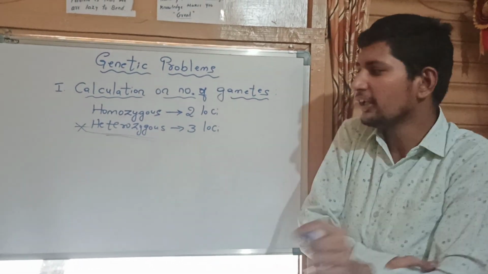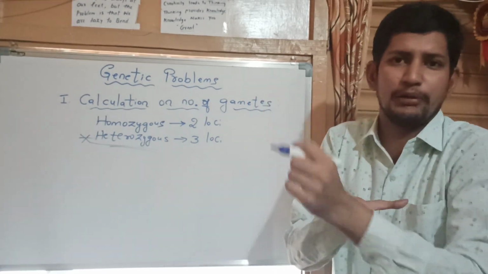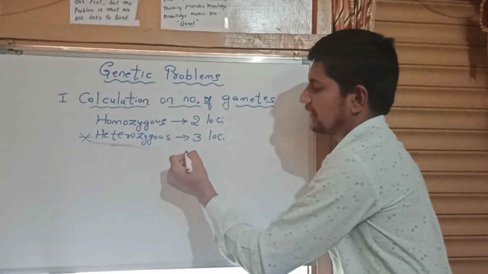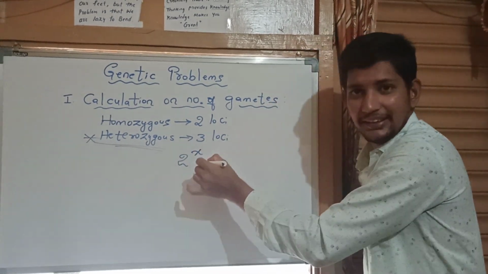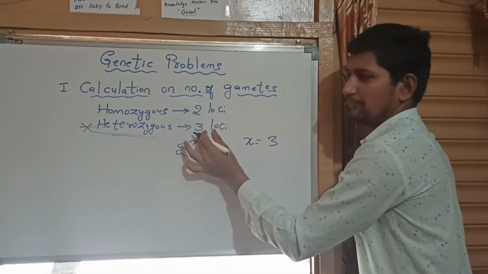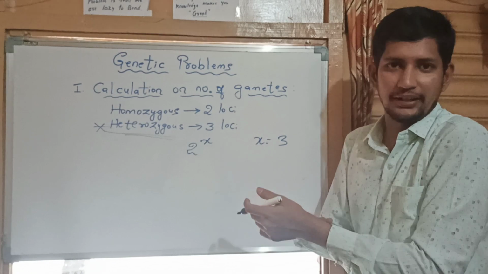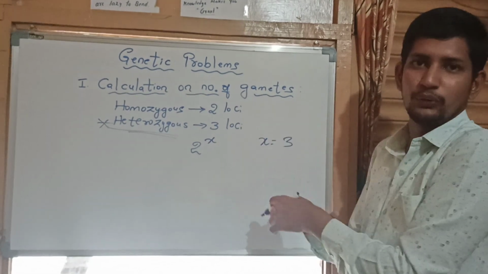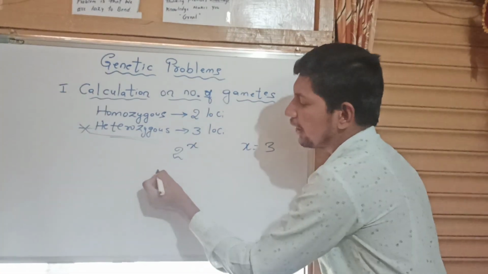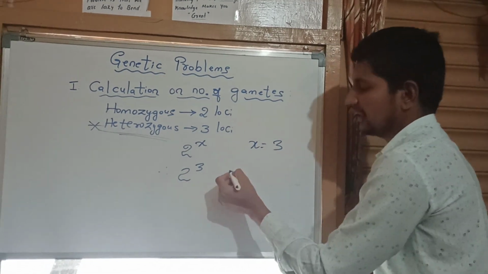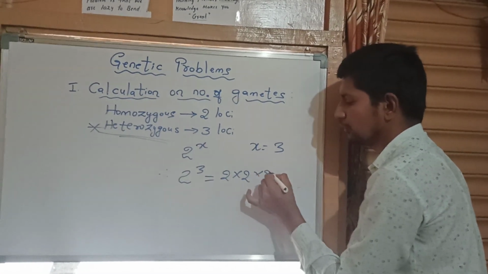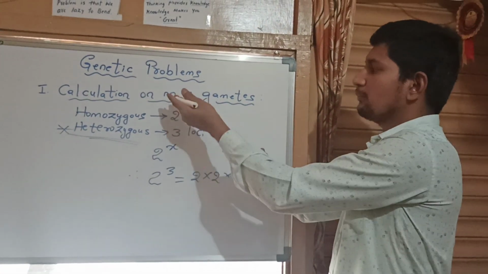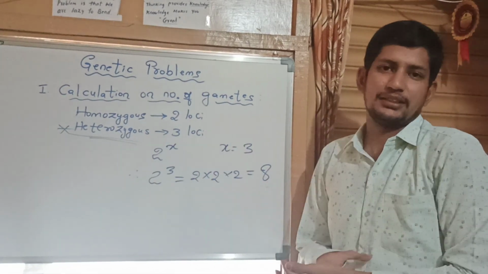You should not focus on that, only focus on the heterozygous condition. So in the given problem, it is heterozygous for 3 loci. We know the formula 2 raised to x. In this case, x is equal to 3. So suppose in the examination, if they give 2 loci, you have to take the x value as 2. Suppose 4 is given, you have to write the respective value. Whatever they have given there, you have to write that. So now apply the formula. 2 to the power 3 is nothing but 2 into 2 into 2, that is 2 to the 4, 4 to the 8. So this is the number of gametes produced for this problem.